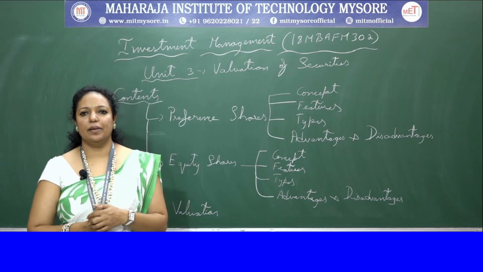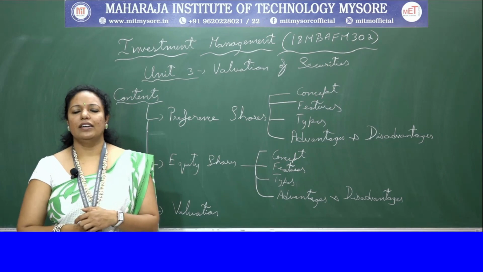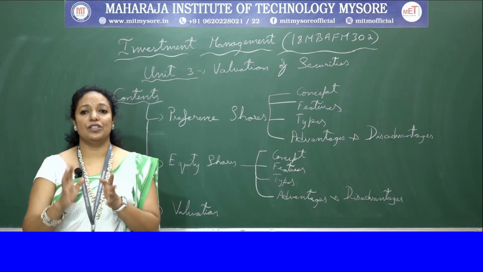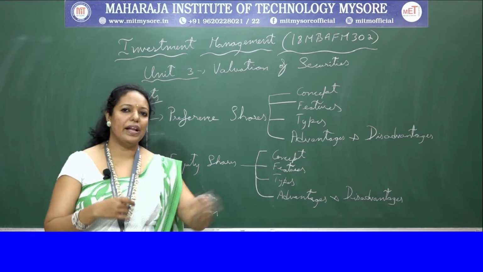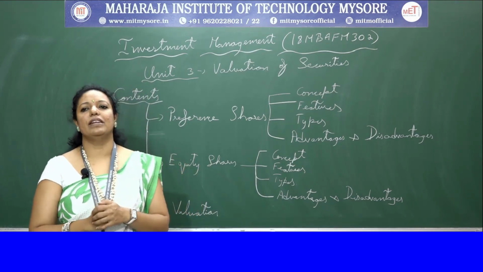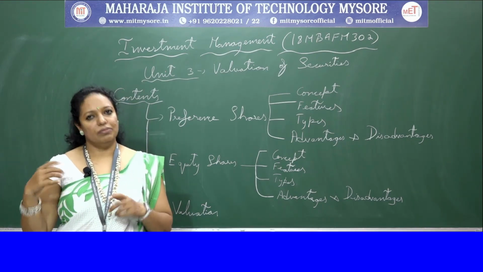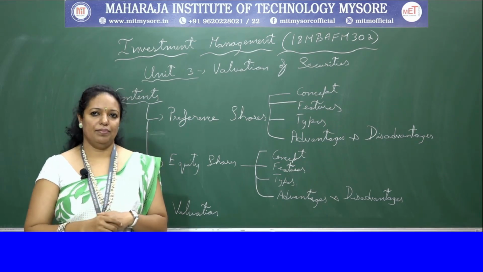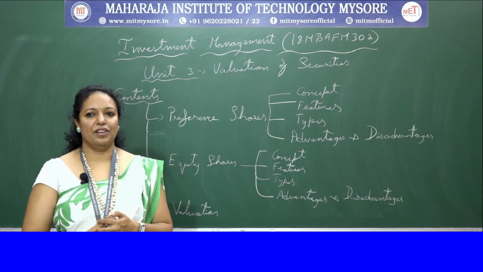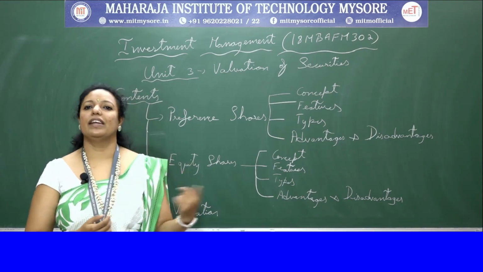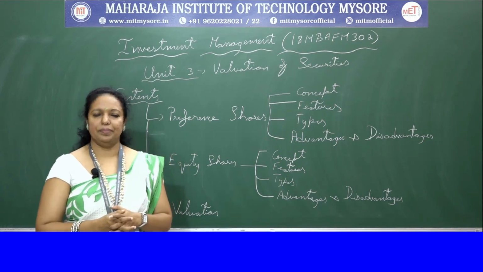And the third one is price to sales ratio. Price to sales ratio is where you divide the company's current stock price by its revenue per share for the recent 12 months. They will take the data of the recent 12 months and divide the company's stock price by the revenue per share. Okay, how much the market is willing to pay in rupees for the sales, that we can understand by using the price to sales ratio. Price and sales is compared.